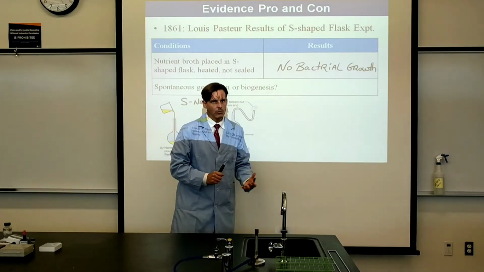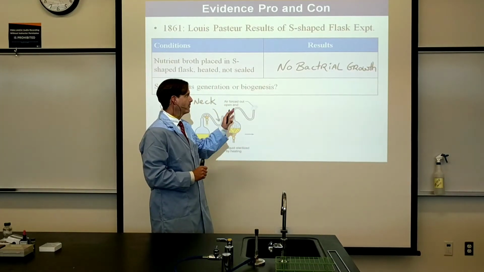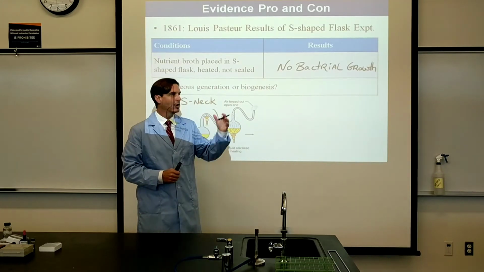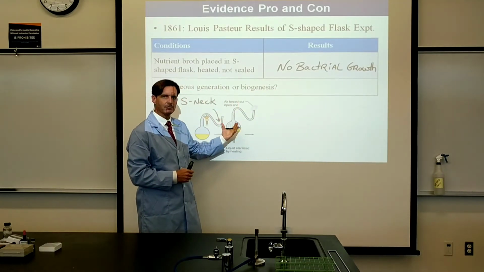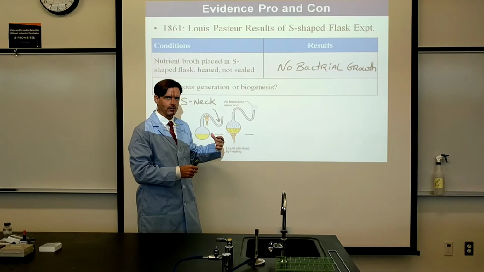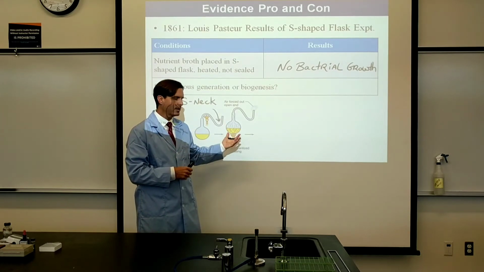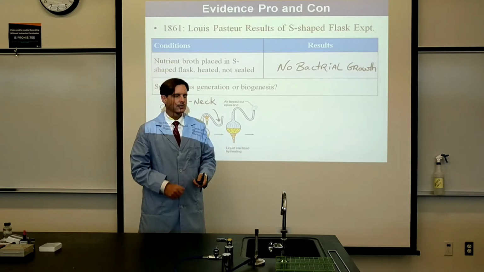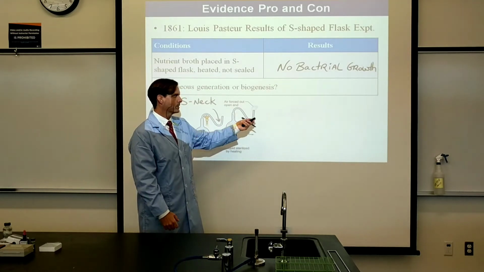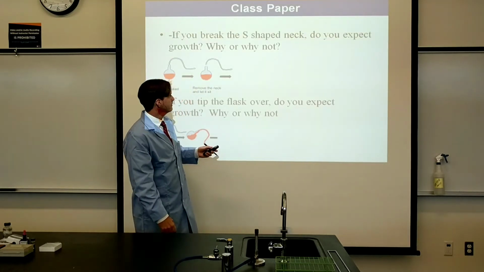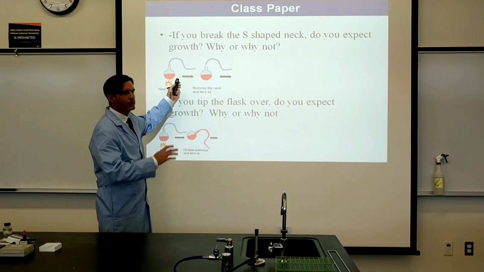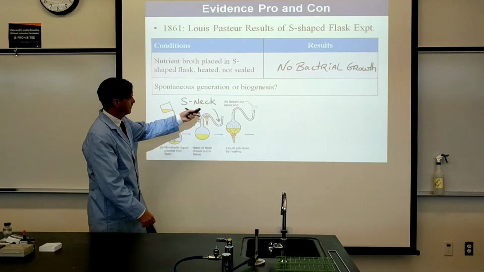So we have to think about why, all right? But before we do that, let's figure it out then. If no bacteria grew after boiling, and we know that this food source was full of nutrients, it was a type of nutrient broth, then why didn't the bacteria grow, even after cooling it down? Okay? So it says here, furthermore, that